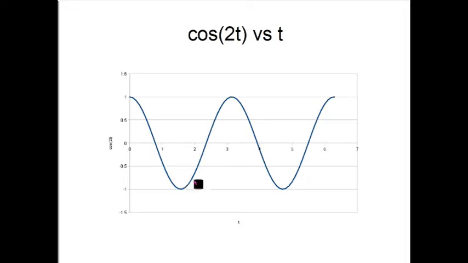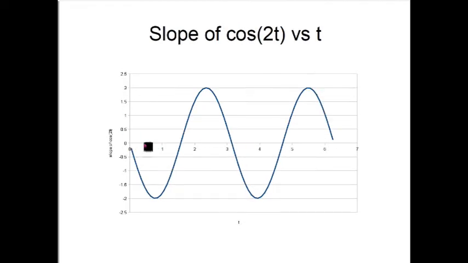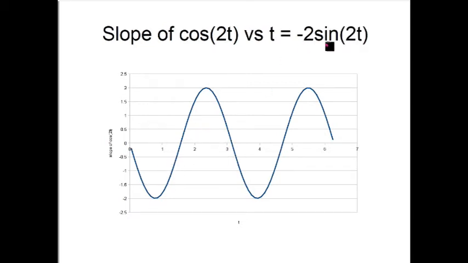But notice also, if we took that original graph and then we squeezed it, sort of crammed it in horizontally, we're actually making the slope bigger. So this is a negative slope as before, but it's also a larger negative slope. And so notice that the slope goes down to -2 and +2. And again, this looks like a negative sine curve, except it's got a bigger amplitude. And so it's -2 sine of 2t here. So that 2 that was inside next to the t for the cosine has mysteriously popped out front,